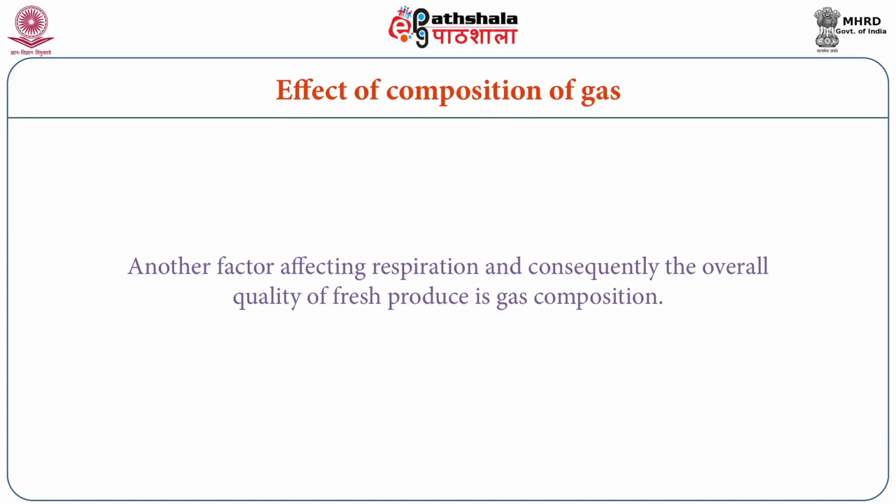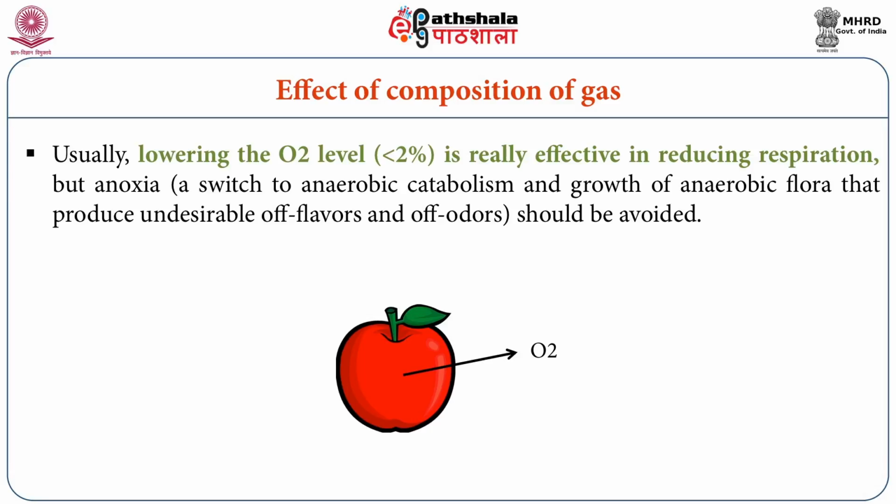If we see the effect of composition of gas in the surrounding areas, which is another factor affecting respiration and consequently the overall quality of fresh produce, usually lowering the oxygen level, that is less than 2%, is really effective in reducing respiration rate. But anoxia, which means promoting the anaerobic catabolism and growth of anaerobic flora that produce undesirable flavors, should be